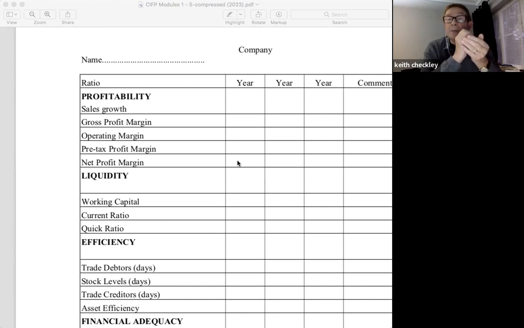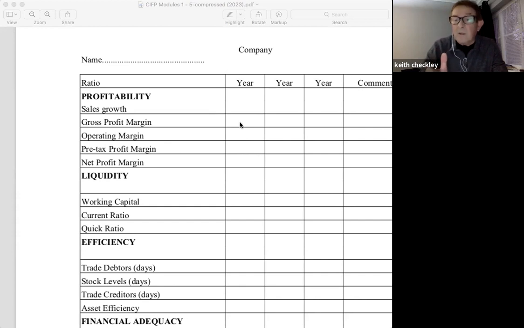But what we will say just before we close is, you can run those profitability ratios, as they're known by most people, in any type of business. This could be the Atlantis Group if you wanted. It could be a store in Bay Street. So we'd be looking for the sales growth. What's the gross profit margin? 10%. Now, as you build up your business experience and data, 10% means that out of every $100 of sales, the clothing business is generating $10 towards the remaining costs in the income statement.